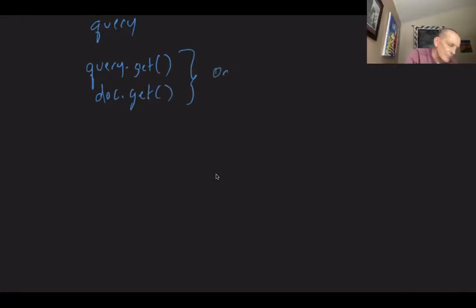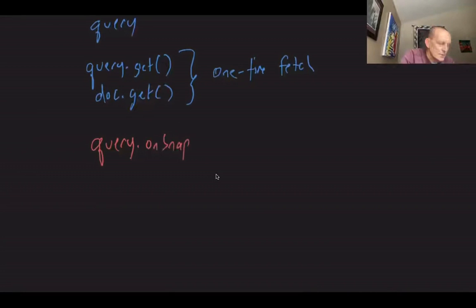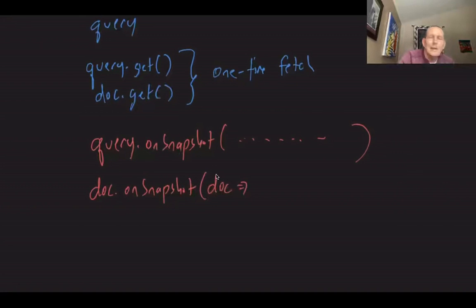And these both do a one-time fetch of the data. If we do a query.onSnapshot, we can pass in a function that's going to get called whenever any items in that query change. Or similarly, we can do a doc.onSnapshot. So if we do a doc.onSnapshot, we are going to pass in a function that gets called every time